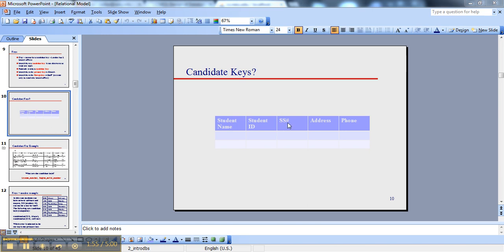If I were choosing now, so I have two candidate keys. I can either choose my student ID or the social security number. If I were to make a choice, I would choose the student ID. Since it's the student table, student information, I would choose the student ID to be the primary key. So while there's two candidate keys and both are unique, the choice I would make for my primary key is the student ID. So you always have one primary key, but you might have a few candidate keys, but you choose one to be your primary key, and that in the table you set to be your primary key,